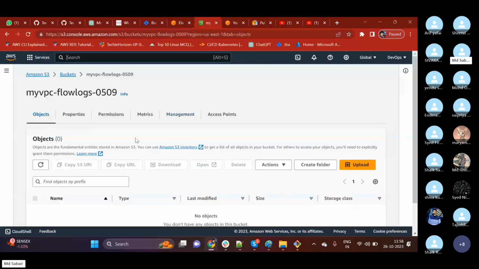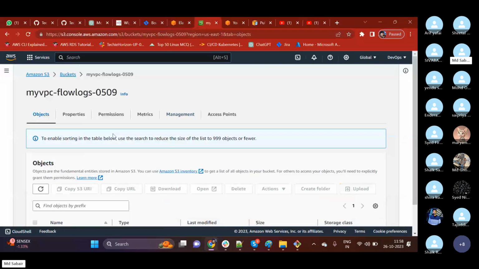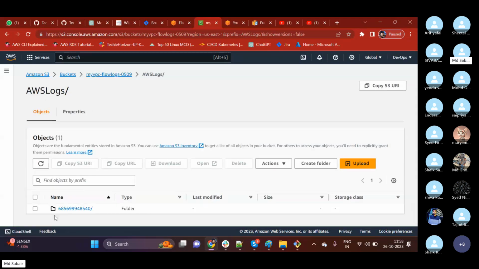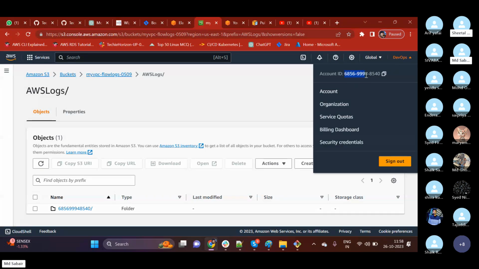Okay, now if you refresh this page, see, we can see that some directory has been created, AWS logs. If I open these logs, then here we can find some random number. So what is this number? Can anyone guess this? This number is nothing but my account ID. See, this is the account ID. Okay, if I open this,